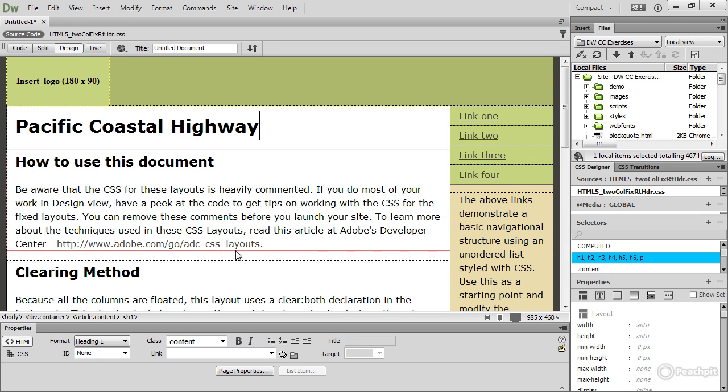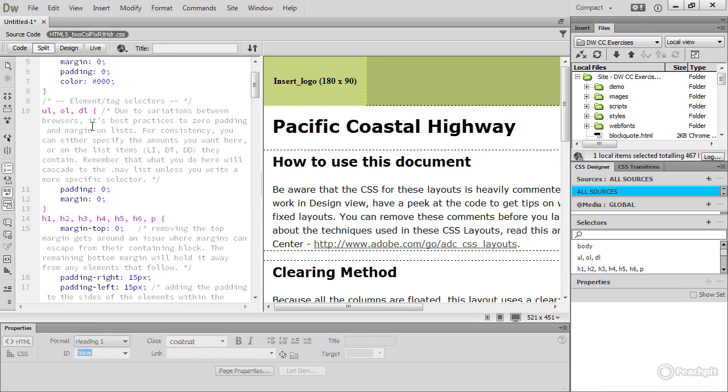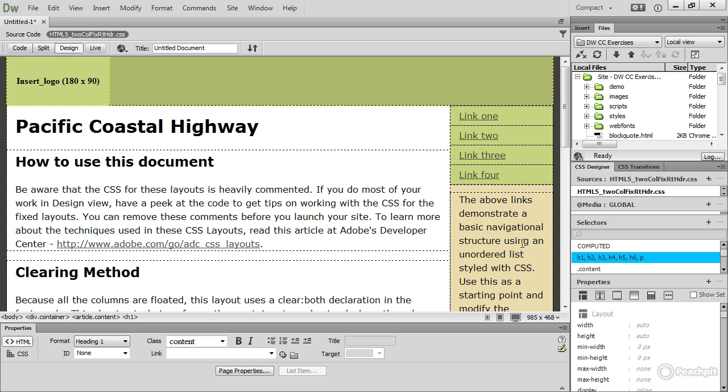And if you open the style sheet, I'll click it in the Related Files toolbar, there is a large number of CSS comments in there which explain what each style rule is for. So even if you're not very familiar with CSS, if you read through these instructions you should be able to make some simple changes to the predefined layout, making it look more like your own web page. I'm going to close split view and then I'll show you how to move this sidebar from the right to